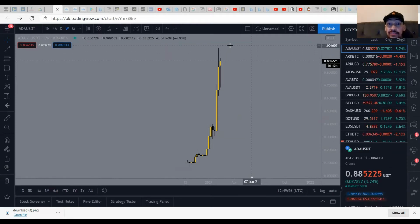Next target is the dollar, really. I'd like to see it break past the dollar. That'd be fantastic. I've seen analysts say things like they're looking at $8, just crazy numbers like that. And I can't see it because the project going on with Cardano is looking absolutely ridiculous. They're looking to be Ethereum 2.0. And as you know, Ether's got quite a few issues at the minute. So if they can run that sort of level and that sort of